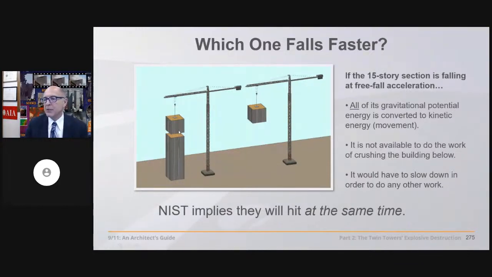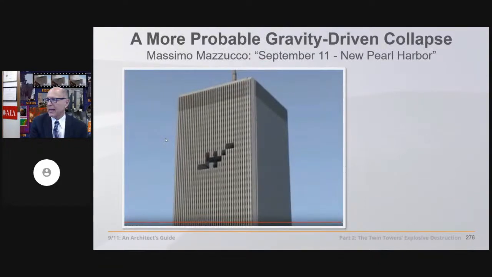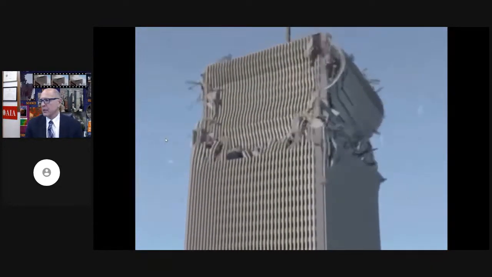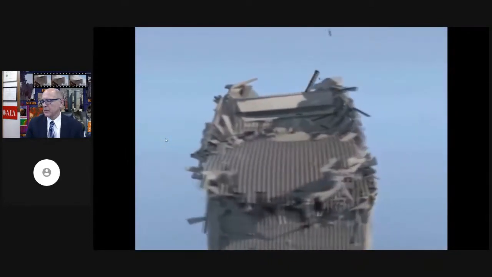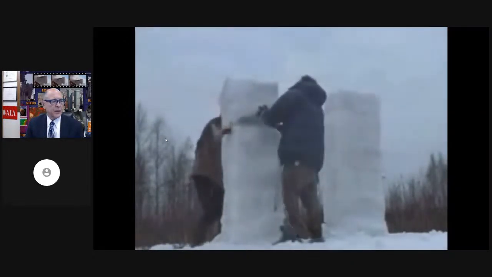And the one on the left is going to have to impact 80,000 tons of structural steel. It's going to slow down, right, when it does that. Okay, you get the point there. It's not going to be as NIST said it was. In fact, let's look at it this way from Massimo Mizuko. Something of this kind is what we should have seen when the top section of the towers collapsed onto the lower one. The upper and lower sections should have mutually destroyed each other until all the energy is dissipated and the system comes to a rest. Alternatively, as shown in this experiment with 2 towers made of snow, the top section could have fallen off to the side after the initial collapse.